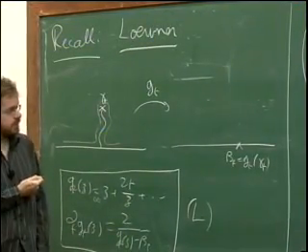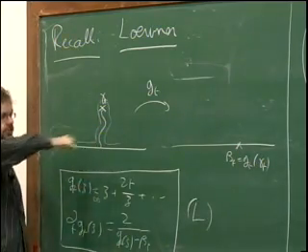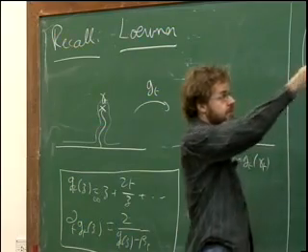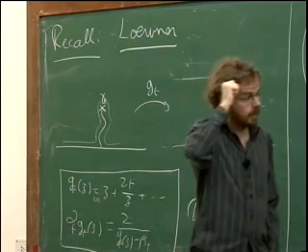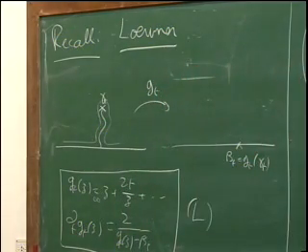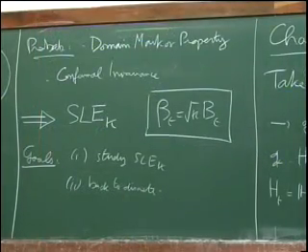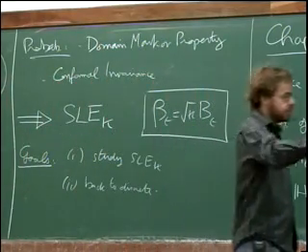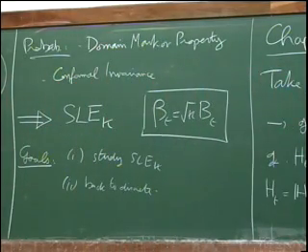You might want to look at the exploration of percolation in a domain which is not the upper half plane. Or you might want to look at loop-erased random walk in something which is not a disk. And I told you that there was conformal invariance in the discrete model. So you expect that the scaling limit of the exploration path, for instance, is invariant under conformal maps. So you expect that if you take any domain, so if you take omega simply connected,